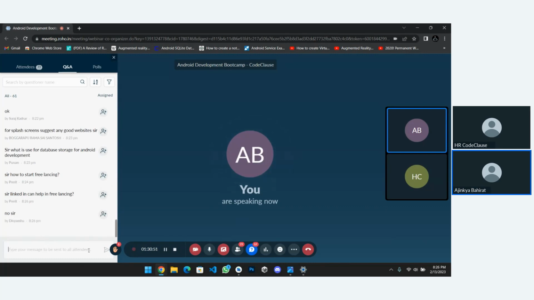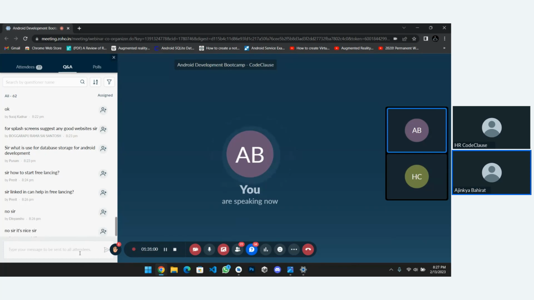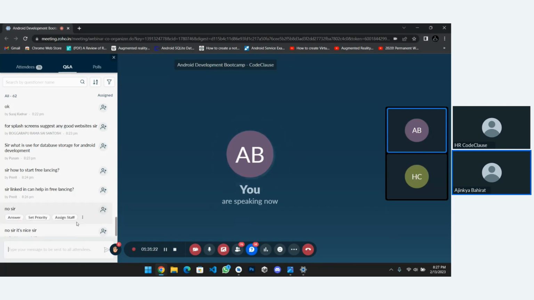LinkedIn can also help. LinkedIn is one of the most important things, as you can connect with any person. It's like a social media, but for technology purposes. So if you have connections, sometimes you also get an opportunity from an HR or from a project helper. Okay, so from that you are good to go.